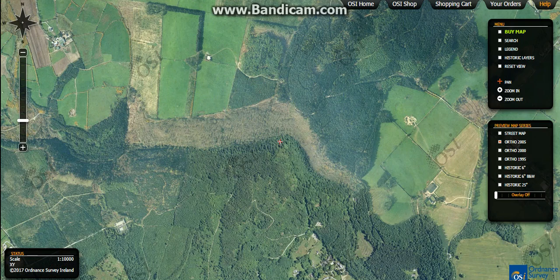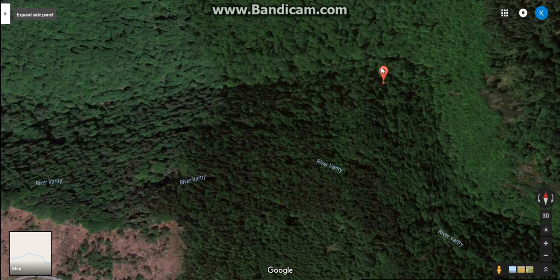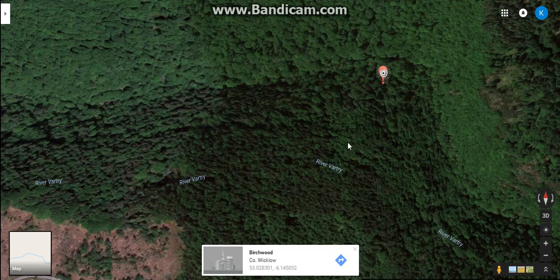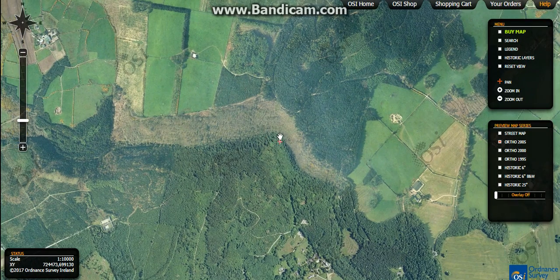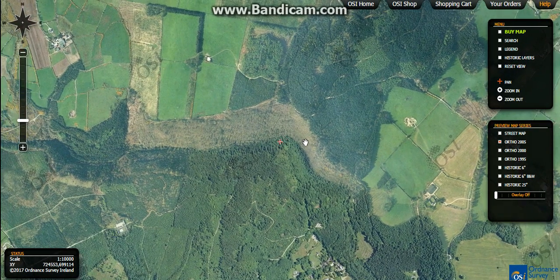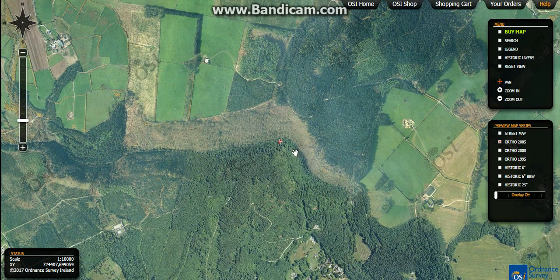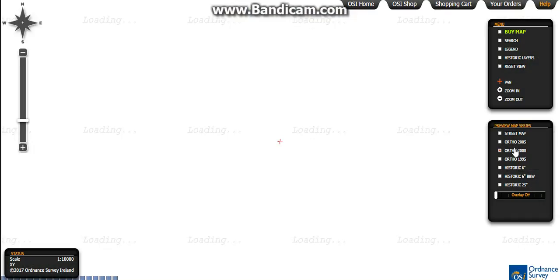What you can also do is go back to your coordinates here, and it'll give you the exact coordinates you have. There are programs you can get that can change the Google Maps coordinates into an easting northing, which is the concept used by the Ordnance Survey. So again, you can have a look here on the satellite for 2005. Let's say, for example, you heard that back in 2000 or 1995, somebody else was up there and had found a considerable amount of gold, and you wanted to see what the landmass looked like. You can come over to the Ordnance Survey and go back